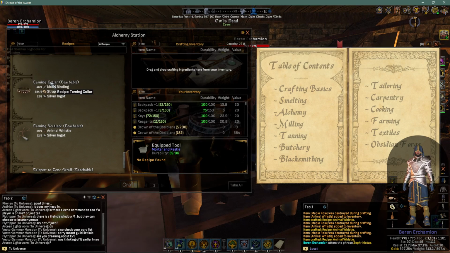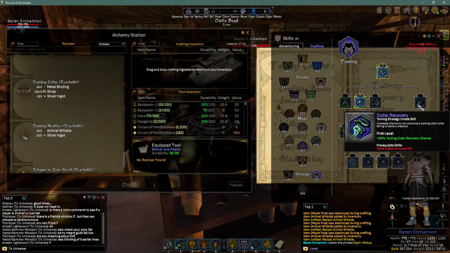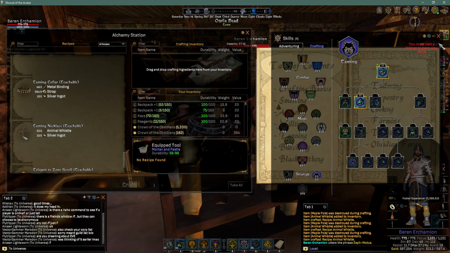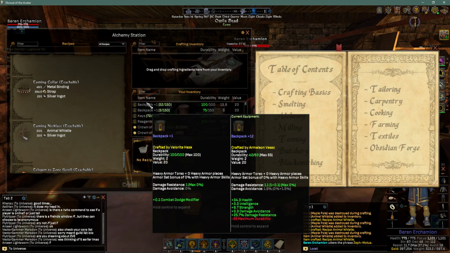It's weird actually, because the necklaces don't seem to be a regainable item, whereas for the collars, there is a collar recovery. So there's a chance that you won't use the collar. I'm not quite sure why that is. Maybe you get so good at taming that sometimes you don't need the collar. Maybe I'm just trying to make up some role-playing reasons for these decisions. But anyway,